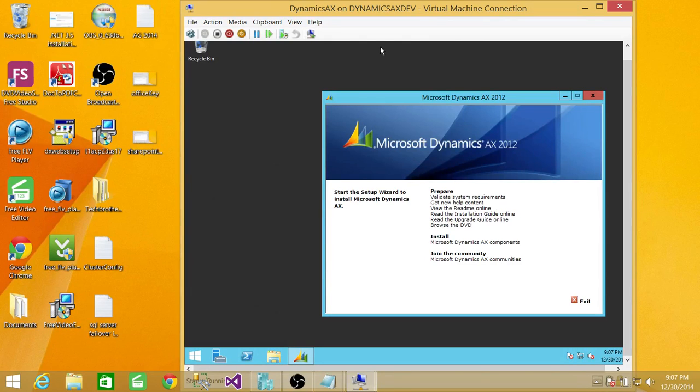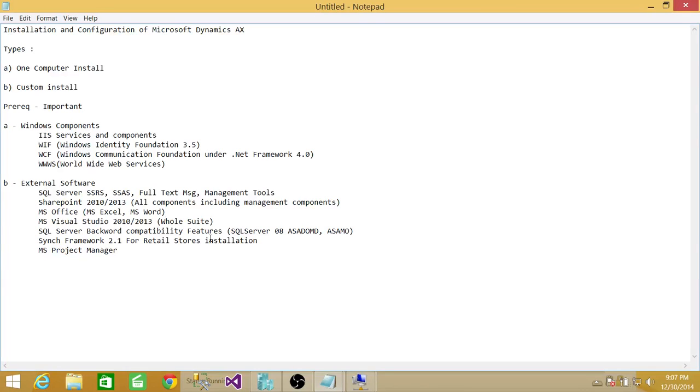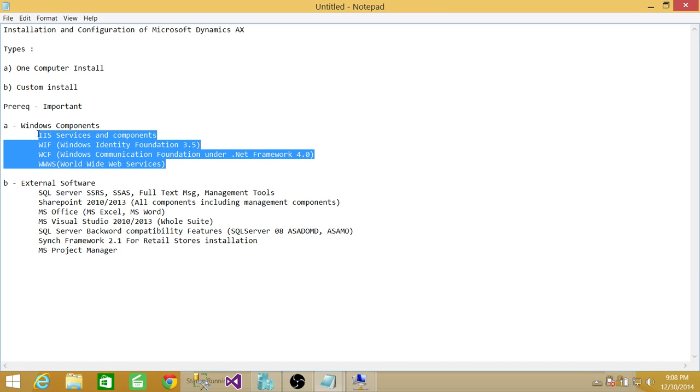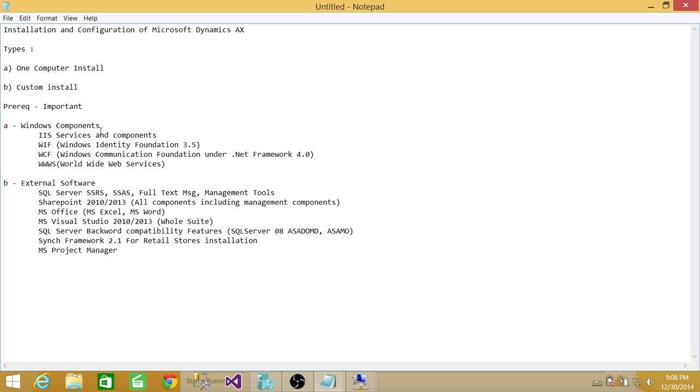AX AOS server, database server, and client components of Microsoft Dynamics AX. Just to recap what we have done previously: right here I have written down, we have completed the prerequisite for almost all the components that need to be installed in Microsoft Dynamics AX. I have completed the tips and tricks. And when I say tips and tricks, what I did was